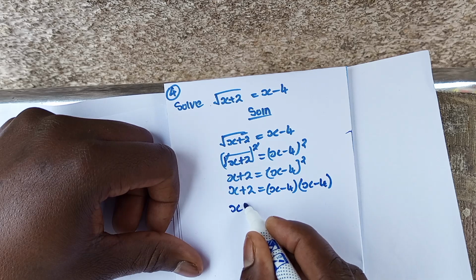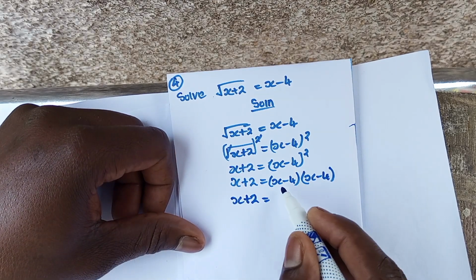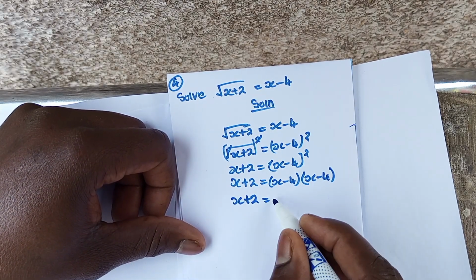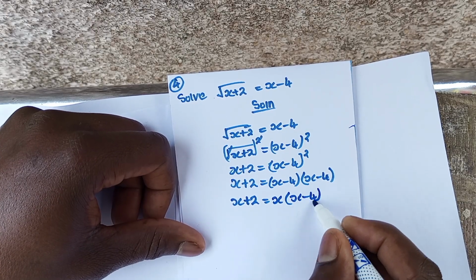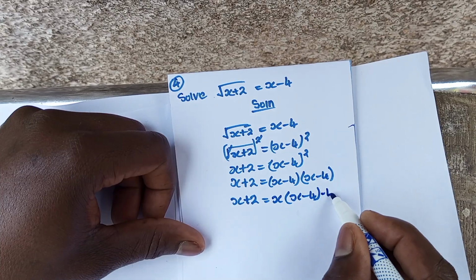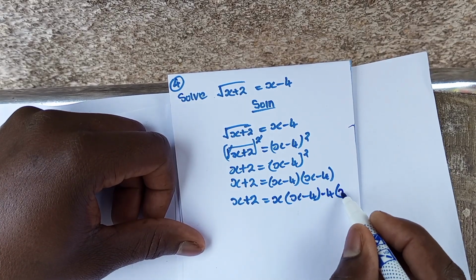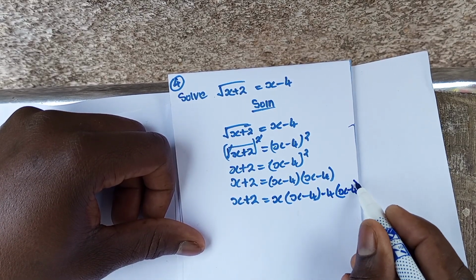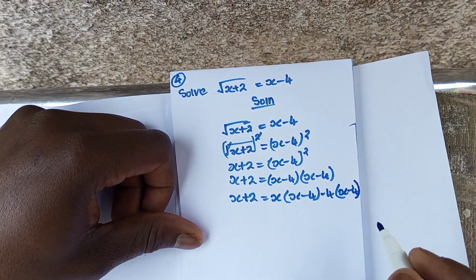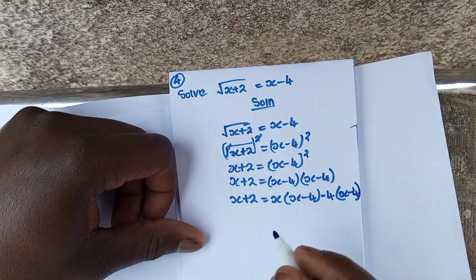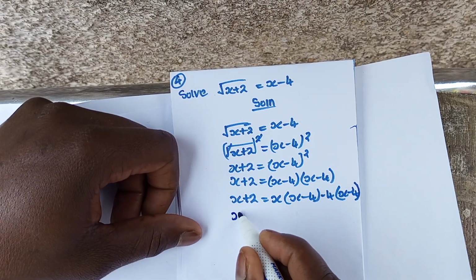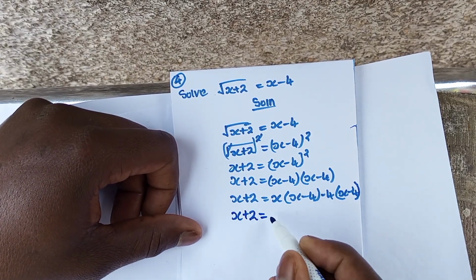So we see x plus 2 equals, we take x, then we take the whole of this bracket. We take x, then we take x minus 4. We take minus 4, we take the same bracket, x minus 4, bracket close. Now we have x plus 2 equals,